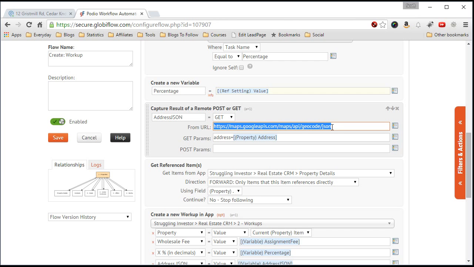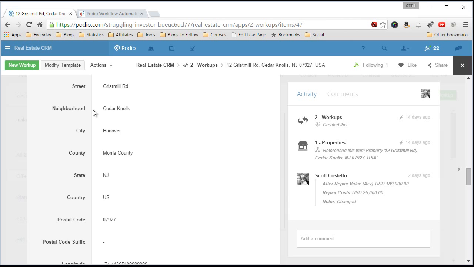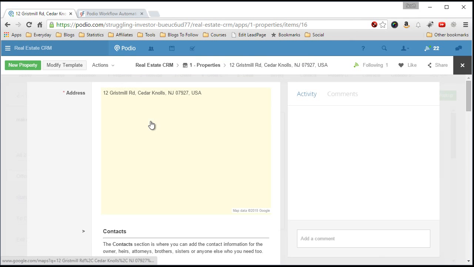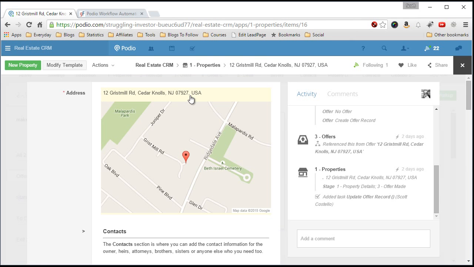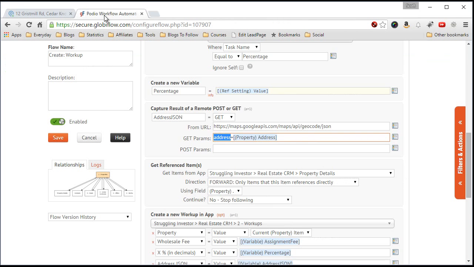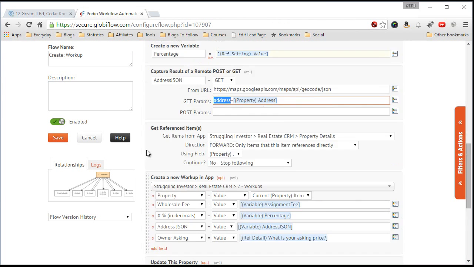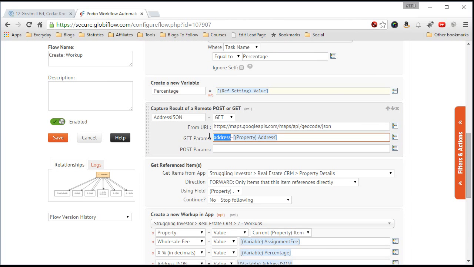this is the API address that you'll send to or make the request to. And then the parameter you'll use is address equals, and then the property address. So what I have in the maps field, back over here, that right there. So now this request, where is that? This request is made, and then when I do a field update, the request is made, it gets put into this address JSON variable, and then